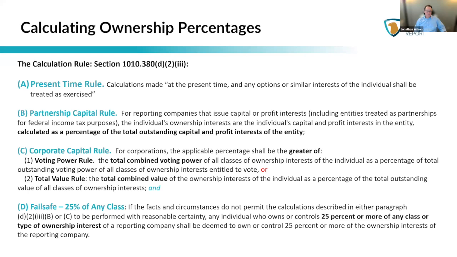My tax lawyer friends tell me we don't deal with profits interests and capital interests in an amalgamated fashion, as if they're all one thing and then divided up by percentages. We would have percentages of capital interests in one portion of the operating agreement, and we would treat profits interests differently. I'm sure you're absolutely right for tax purposes, but that's not what the CTA regulation says. The CTA regulation says that you have to take everything all together, capital and profits interests, and then allocate it amongst all the various members to see who would have 25%